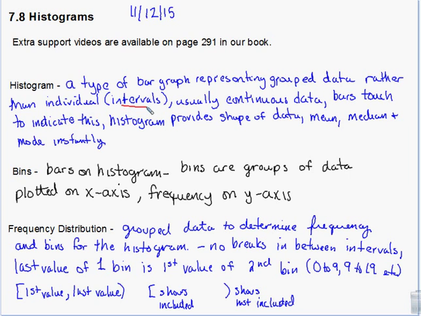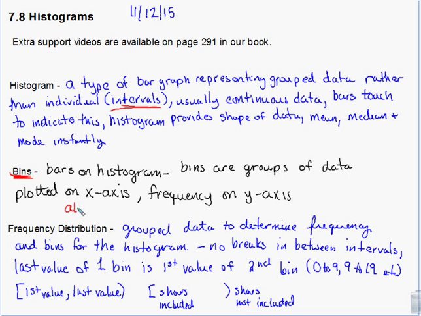It's intervals. So the bars on a histogram represent a range of data, not just a single data point. You know, it could represent 0 through 10, 11 through 20, 21 through 30, etc. Now, the bars are known as bins. And the bins are the grouped data. And that's plotted on the x-axis